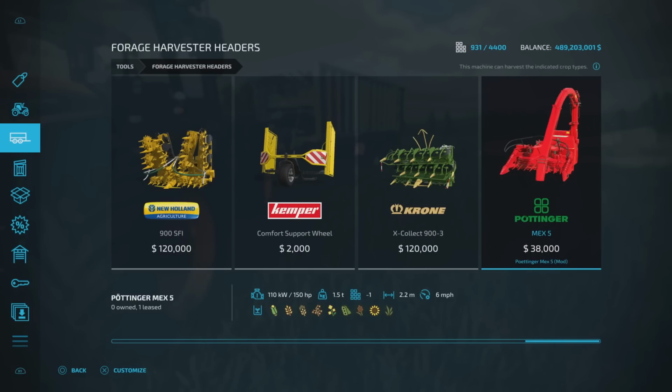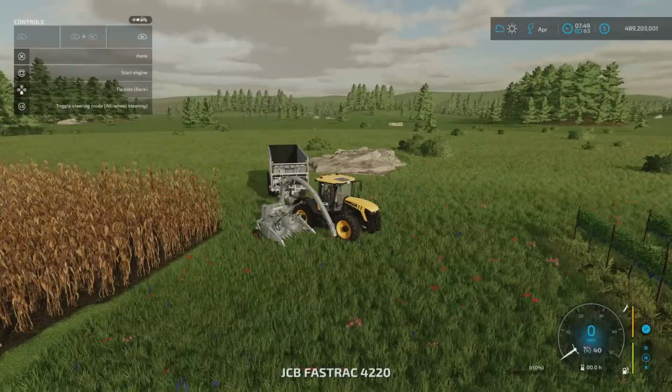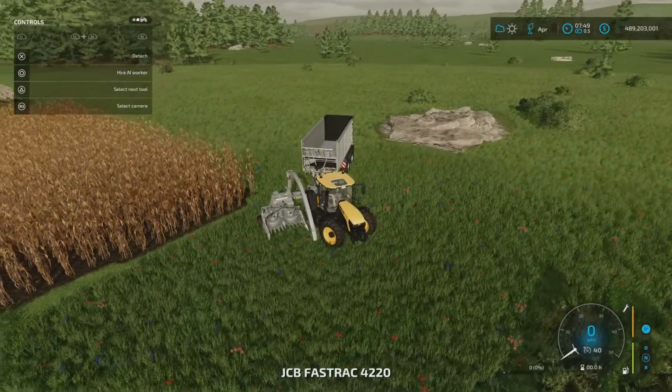But I have found with the forage harvester headers that say they do all crops and do grass, it will do grass you've planted and grown, but it doesn't tend to do meadow grass. I suppose we could test that, couldn't we? We can do it now. But so if we back it up,